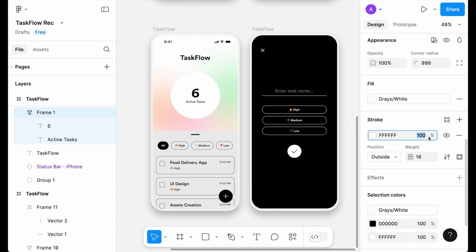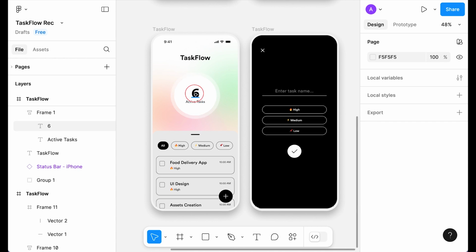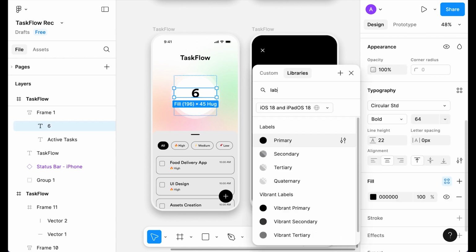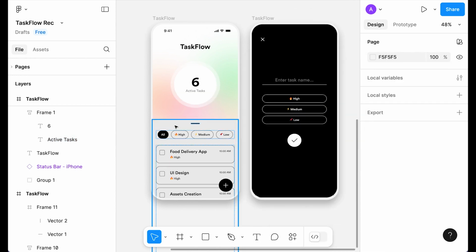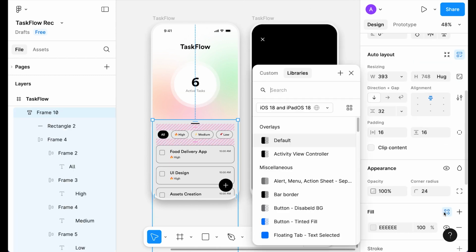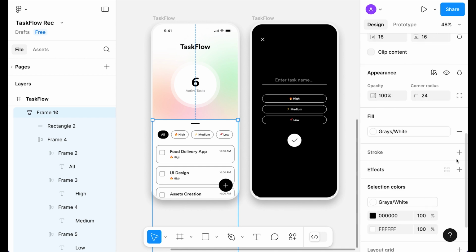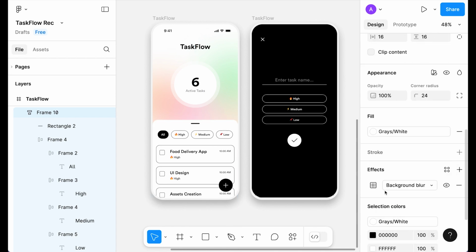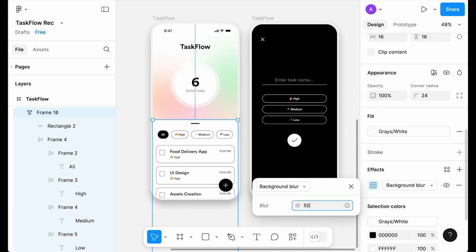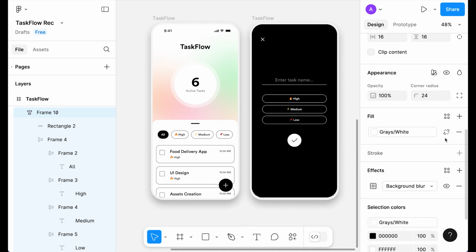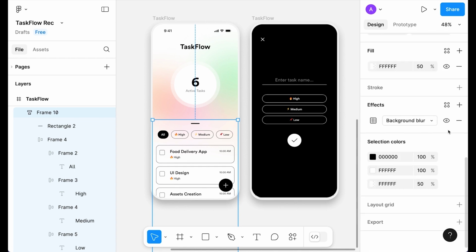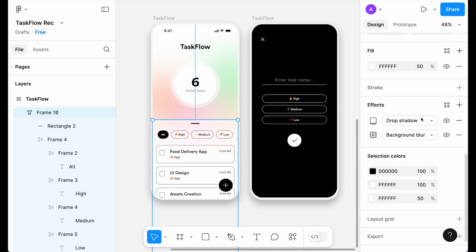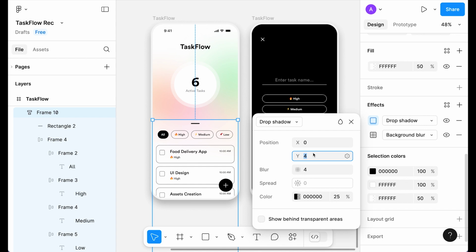Okay, and let's drop the opacity to 20%, or maybe let's make it 50%, and let's change color of this to label primary and make this label secondary. And now select this, make it white, and click on effects, background blur, and let's try 50%. Now let's drop the opacity of this white background. Okay, something like this. Okay, now let's click again on the effects, add drop shadow, make it